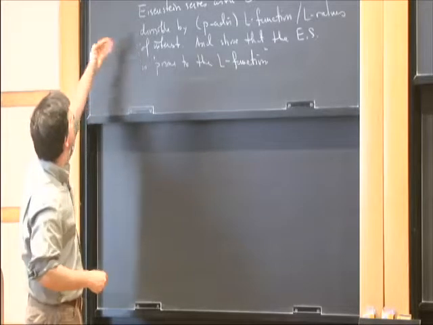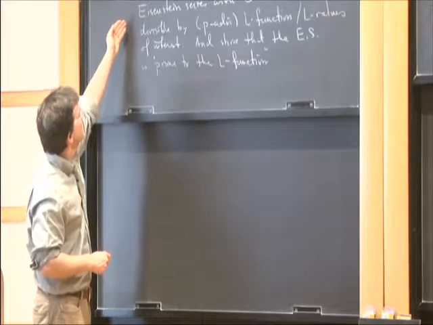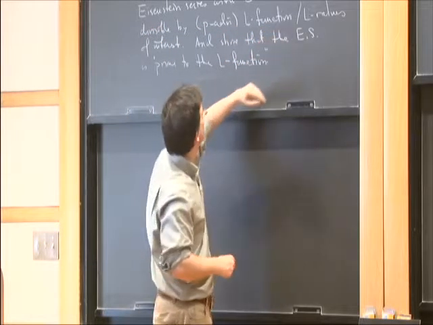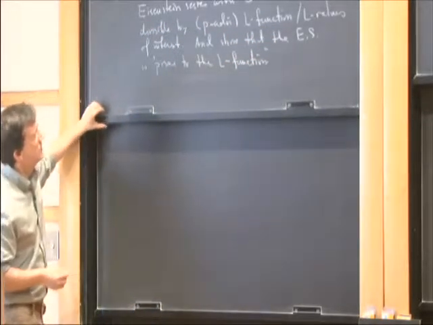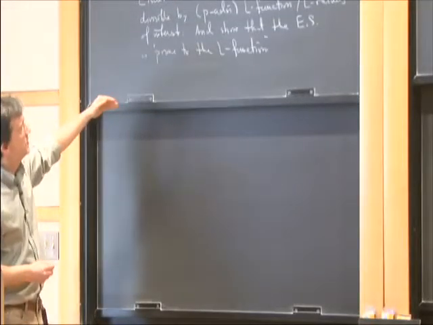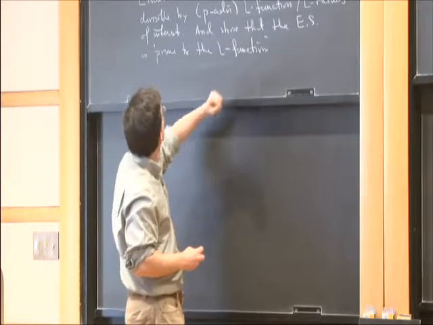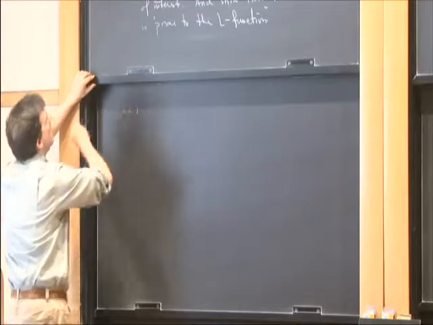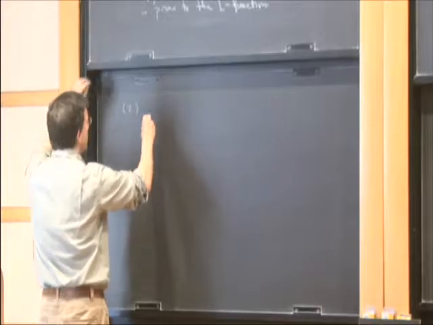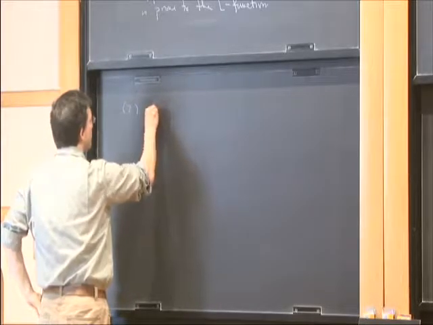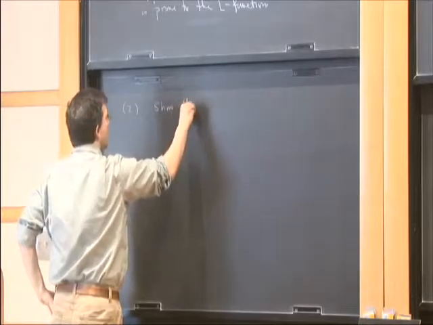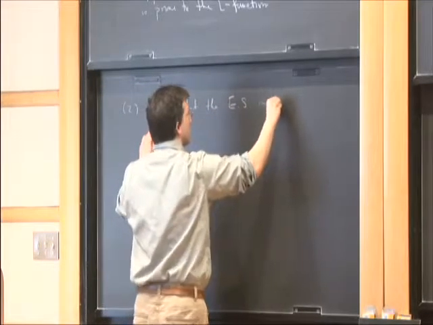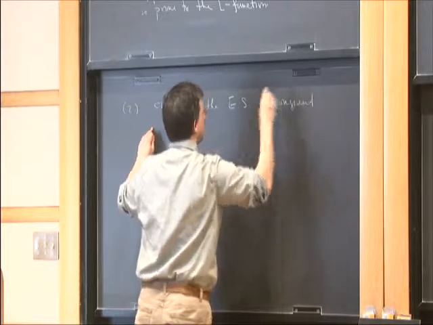Well, at least in the last lecture, this is what I was describing as the strategy for producing these Eisenstein series with constant terms that were related to the L function of interest. In this case, GL2 L functions twisted by Hecke characters. Then the second step in the strategy is to show that the Eisenstein series is congruent to